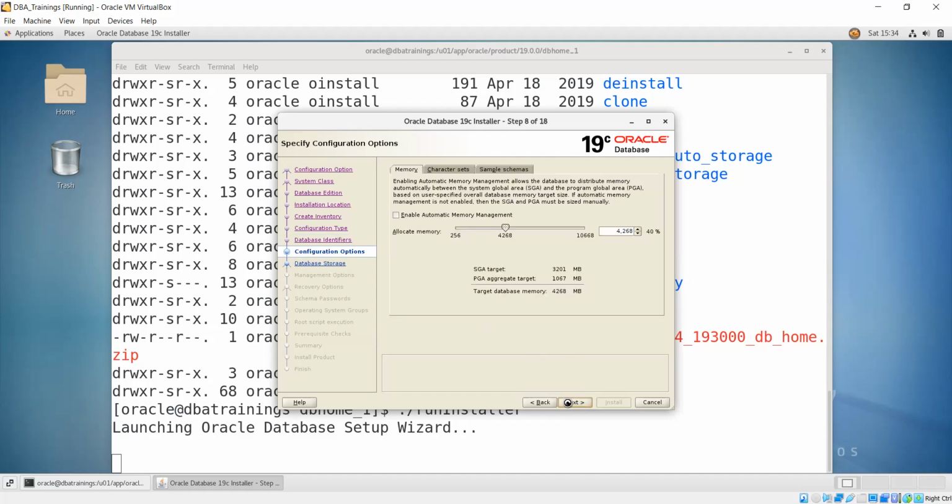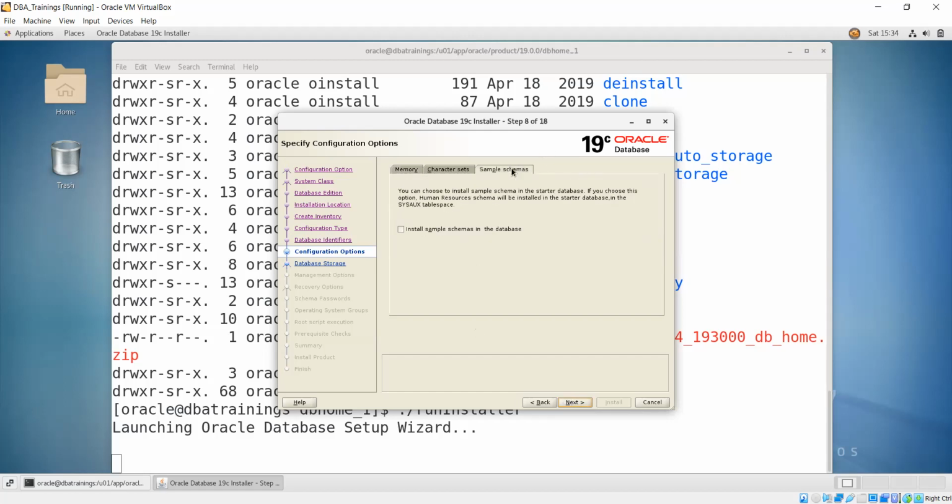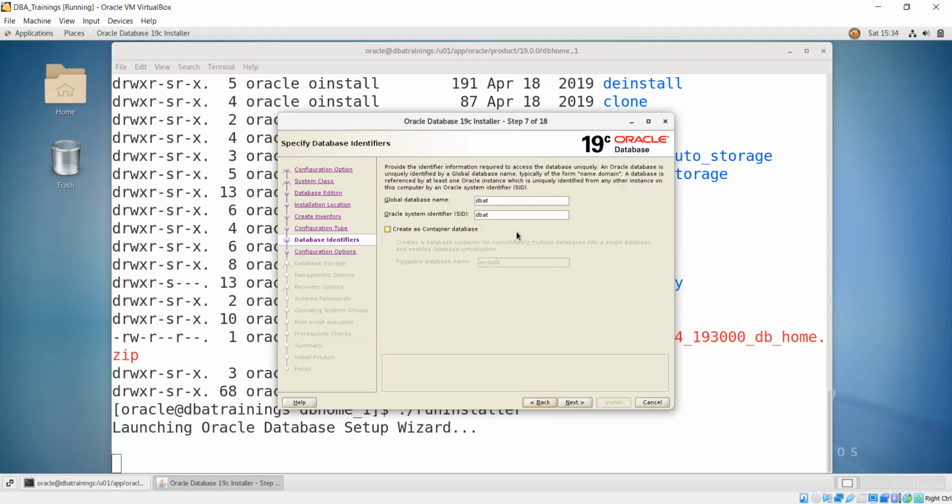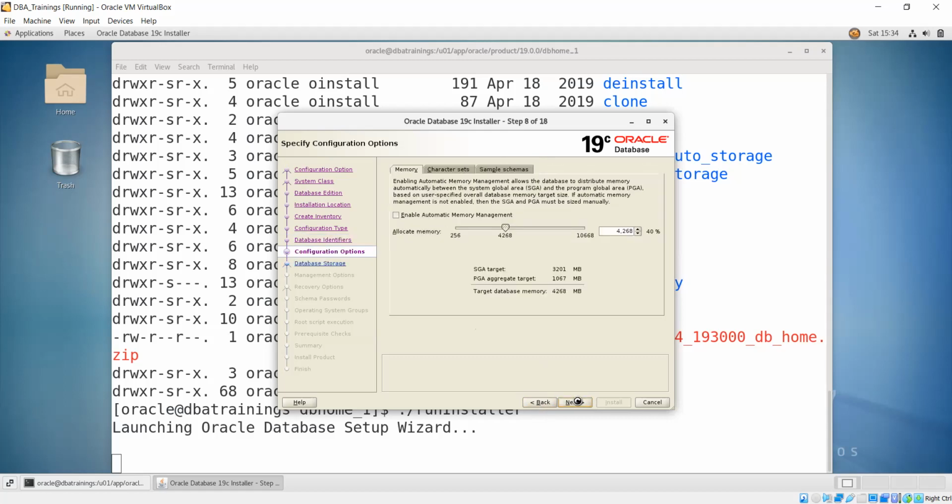So here you can see it is asking me for the schema. So why not choose such a name which will help us with the Oracle predefined repository and other things. So I'm choosing ORCL here. I click on next, and then it is asking me about memory.